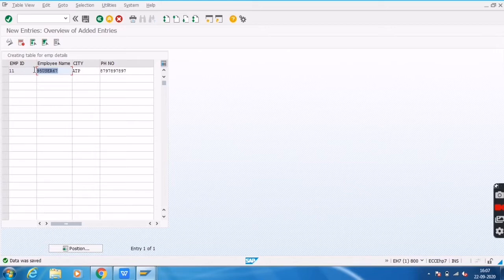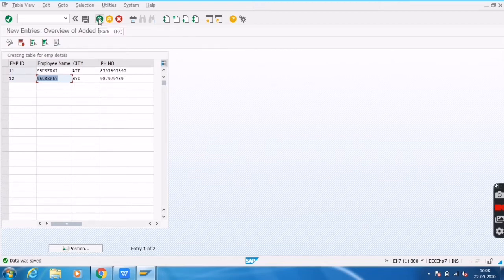This is the way how to create the TMG events. Let me create another record. Here I haven't given anything. Suppose you give something, E1, HYD, and click on save. Data got saved, but the name comes from the events only. So this is the procedure how to create the TMG events.